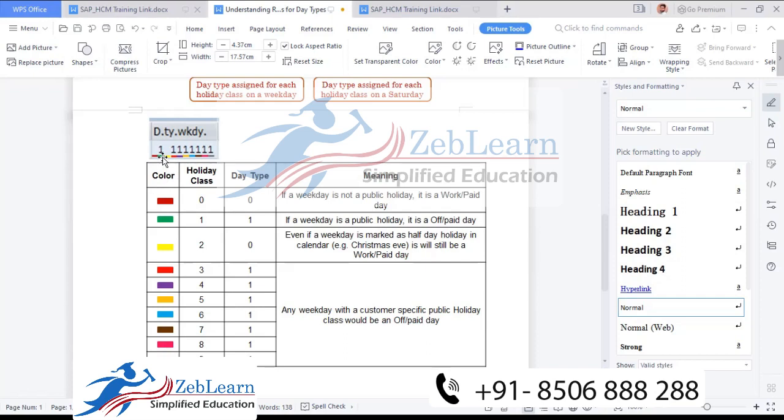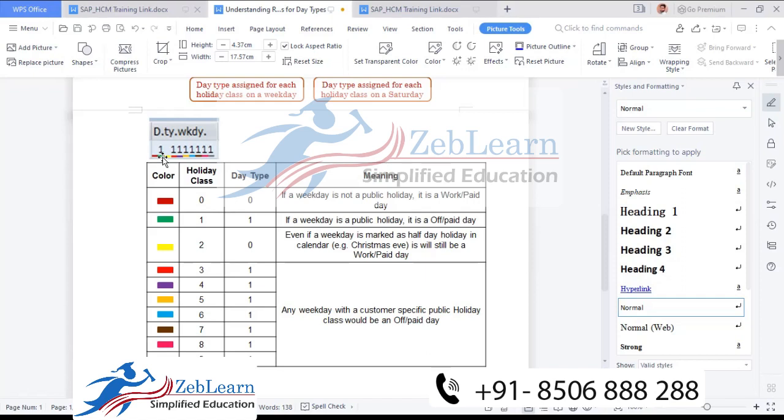It will be a holiday, but the company is not going to consider it as a holiday. Sometimes it happens in real time scenarios. Like sometimes Diwali will be a holiday, but some companies say no. For example, you are working in an Indian company, but you are working on a USA project. So that company is going to decide they are going to follow the US calendar, not the Indian calendar. So according to the Indian calendar, it will be a holiday, but according to your job profile and project requirement, for you it will be a working day.